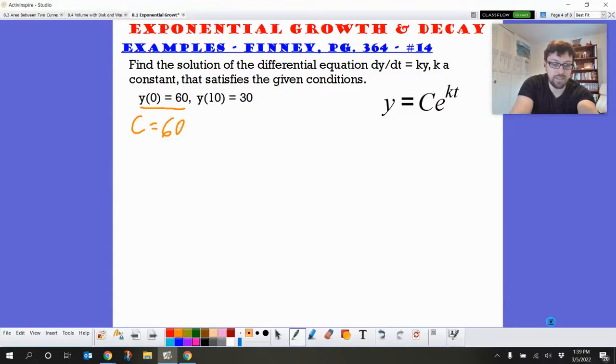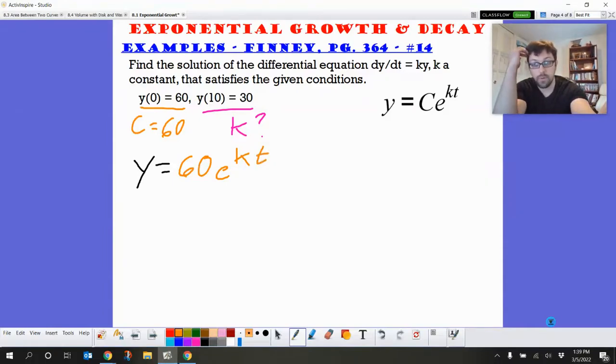Now, this is not quite k. This is going to help us find k. So let's put in the information that we know so far. So we know that y equals 60e^(kt). We're not going to get anything for t. T is going to stay a variable just like the y is. But we can plug in our information that we've got from that other point in order to solve for our